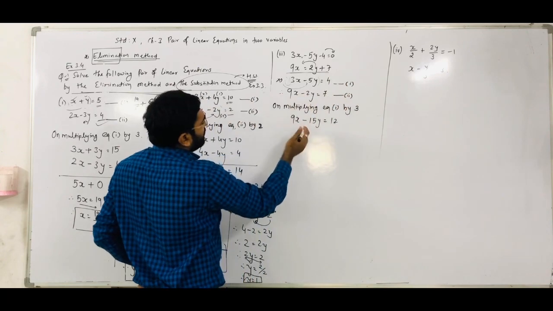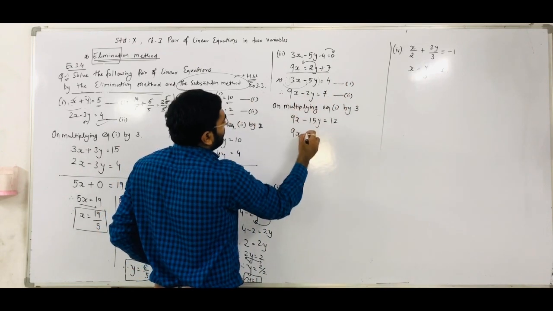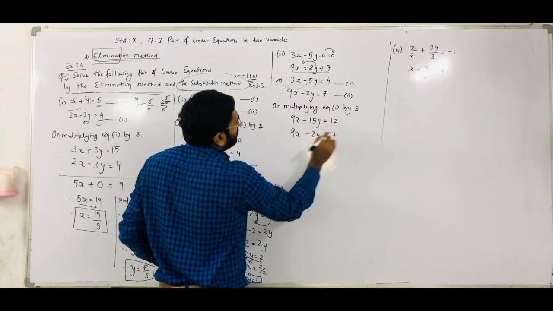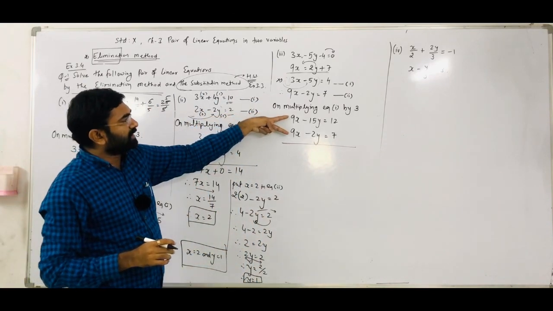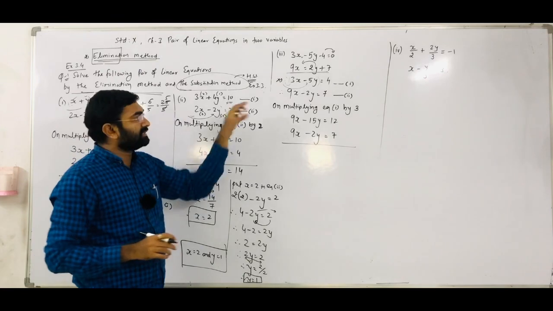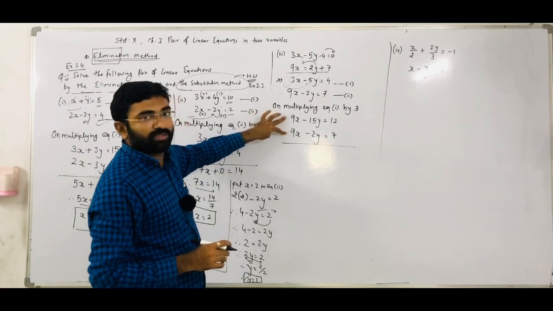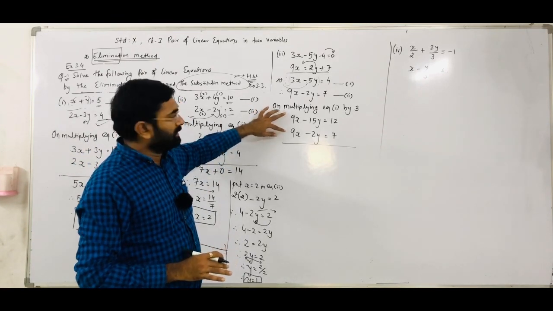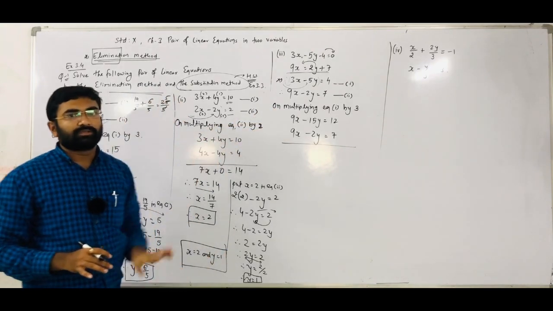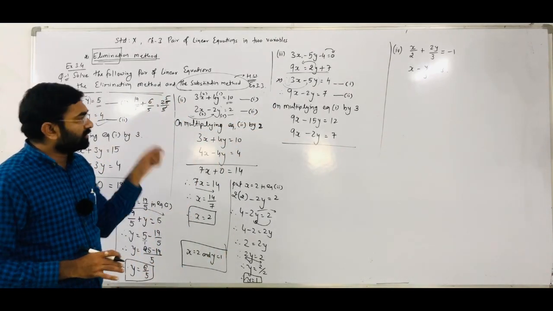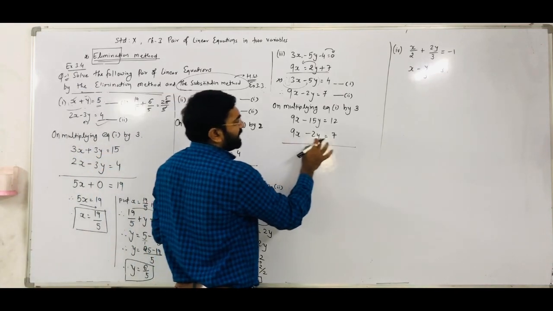Now the second equation we have to write as it is: 9x minus 2y is equal to 7. Now as I told you, here the first term is 9x, and the 9x sign is the same, plus, whenever a sign is not given there is a plus sign. Right? Whenever the sign is the same, then what you have to do is substitute both equations. Right? So for substituting, you have to change the second equation's signs.